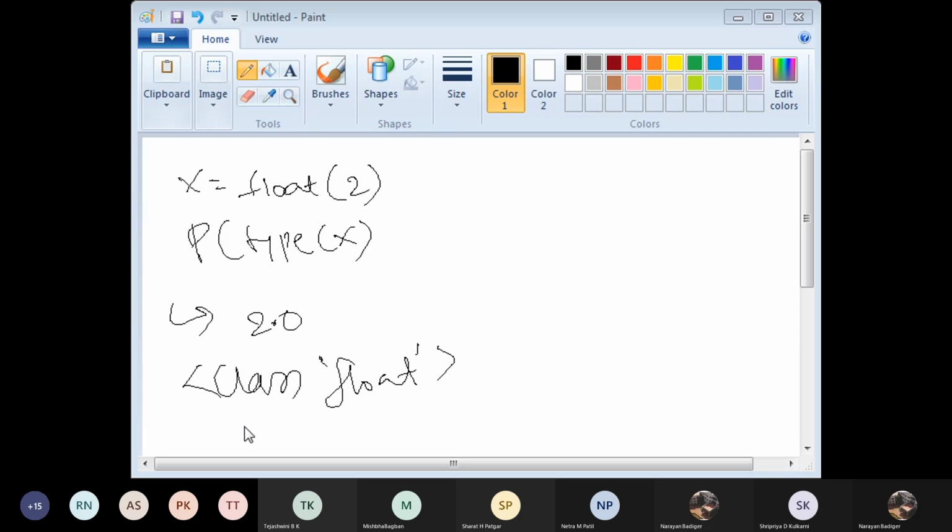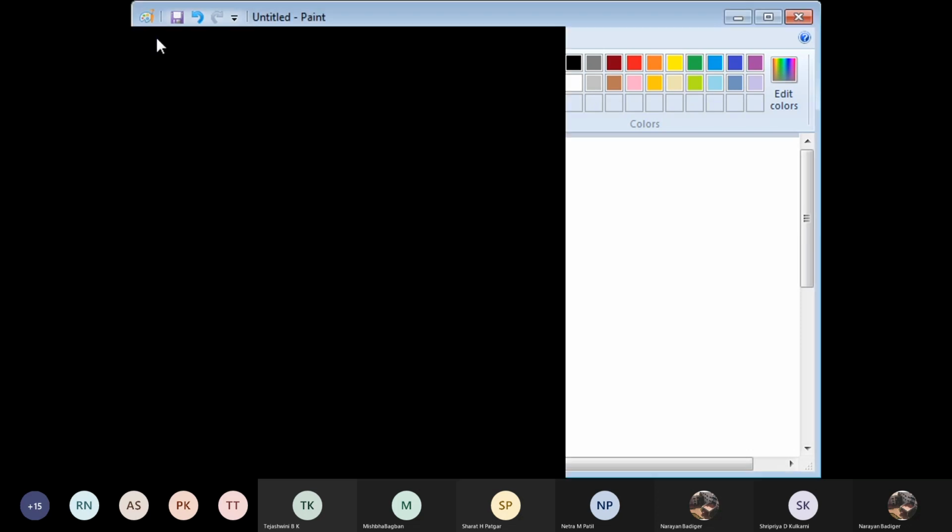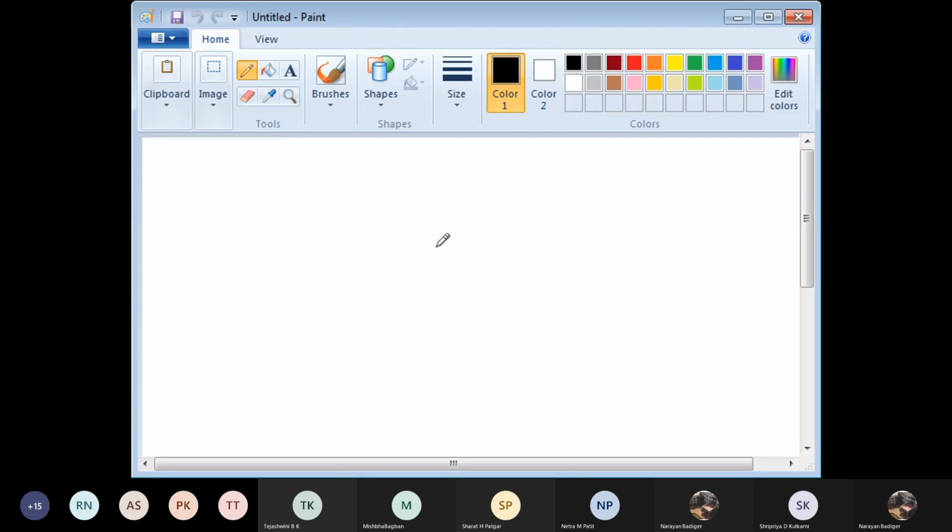Instead, I directly write x equal to 5. That's all. Python internally, by default, understands this as an integer data type.